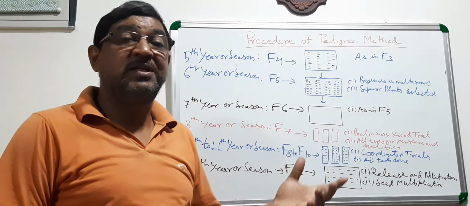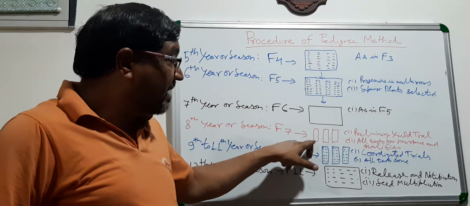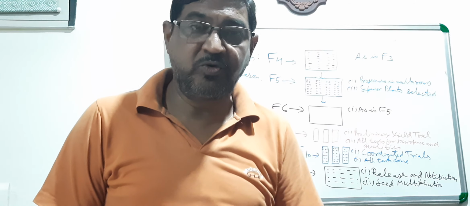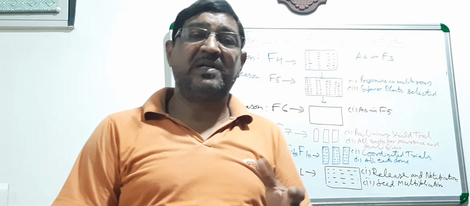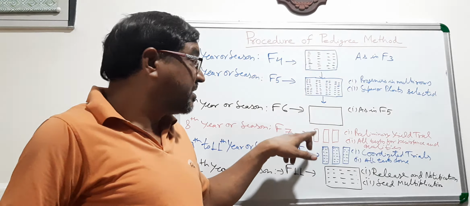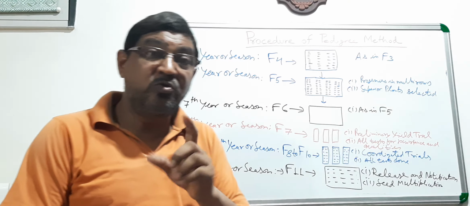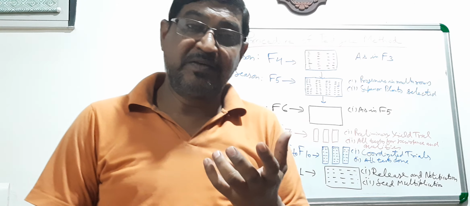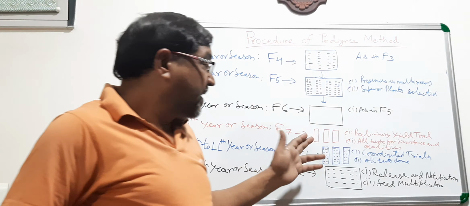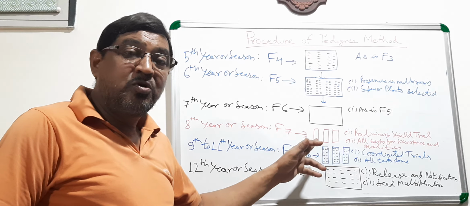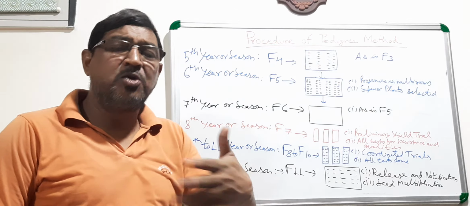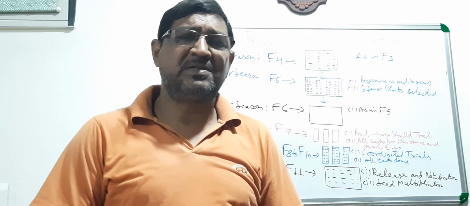Preliminary yield trial means at the station you are going to have a trial along with all check varieties: the local check, the zonal check, the national check, all the commercial varieties which are very popular. You have to grow them along with your new variety. You cannot call it a variety till it is released, so we call it a line. You have to grow your line along with check varieties. That is called preliminary yield trial, in randomized block design with replication.